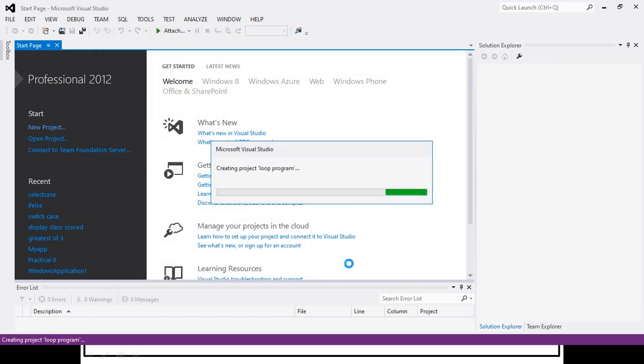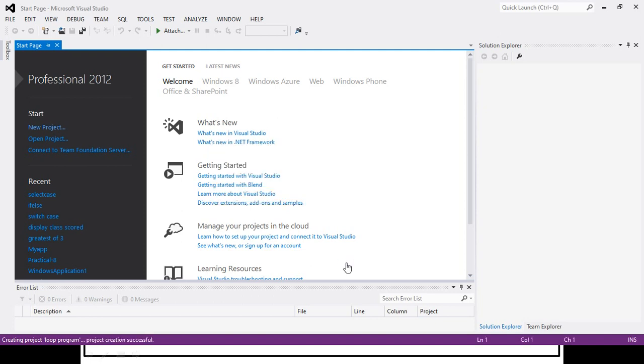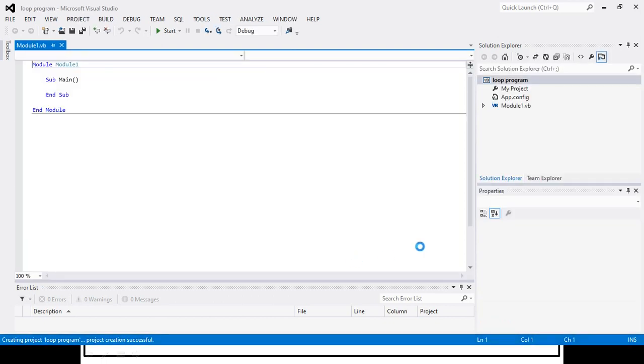So my project will get created. Okay friends, we get a window to write the code. Now I will write a very simple program to display numbers from 1 to 5.